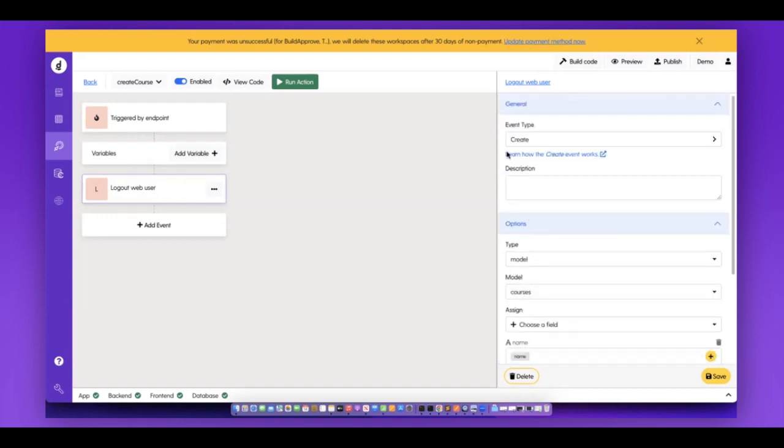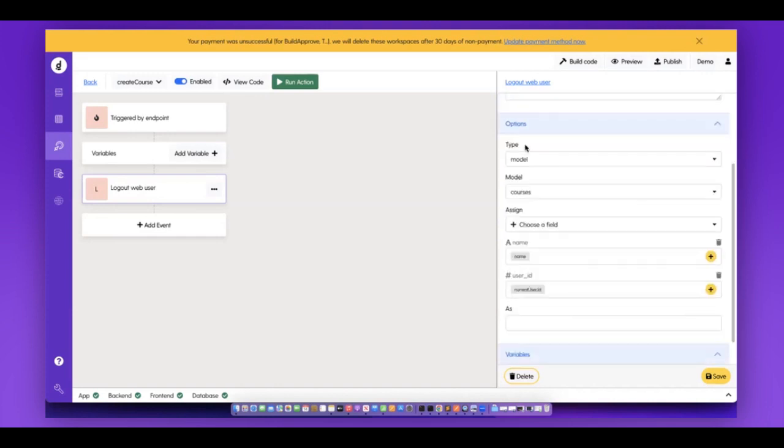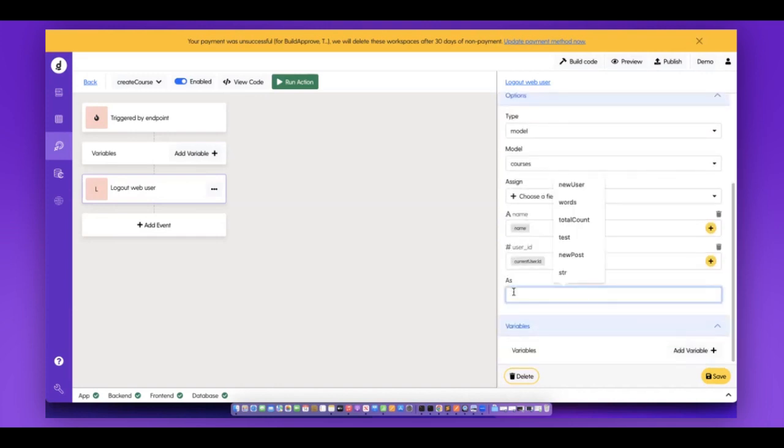So as with the other create events, we said events can produce some outputs. The output for the create event is going to be the new row in the database. So we'll just call this one new course and save it like so. That will allow us now to actually create a course. Let's just build this one again as well, and I can show you the behavior. Whilst that's going there as well,